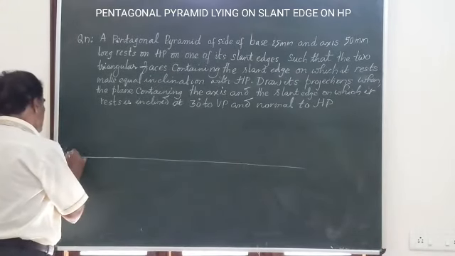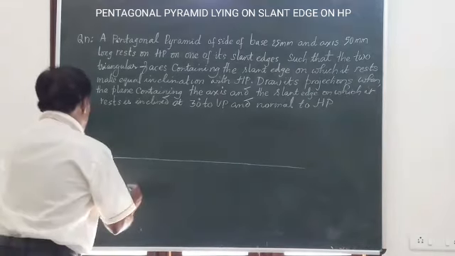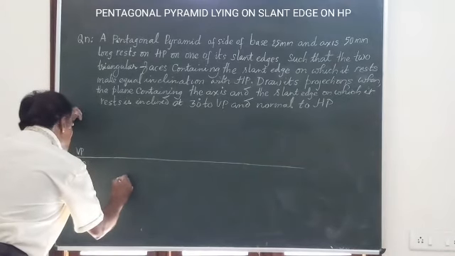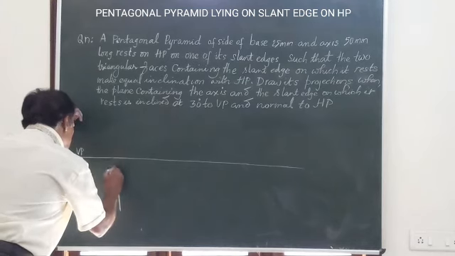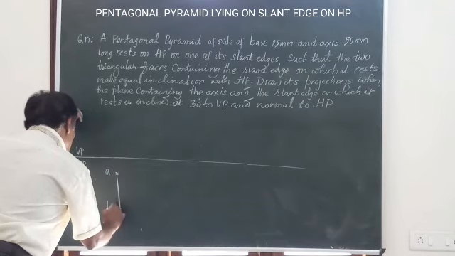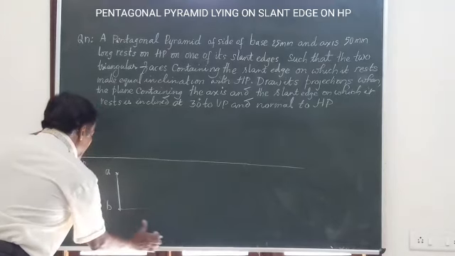This is the XY line, and I mark VP by HP. I construct a pentagon below this. You know how to construct also. So the side AB, this I mark it as AB. Then I have to mark this side C here. You know the angle here.